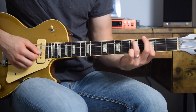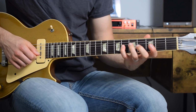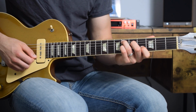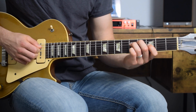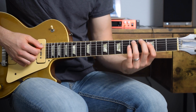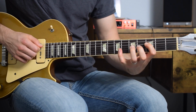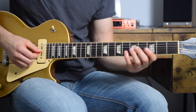so that's all over B flat 7, and then that's all over E flat to the diminished, and then back to B flat. So example 3 altogether is